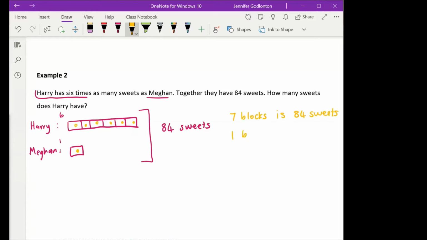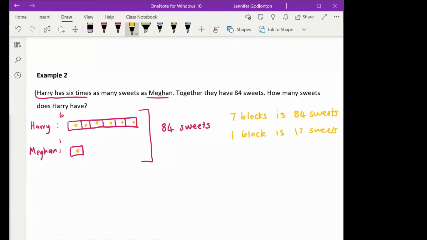So if I want to know what 1 block is, what would I do? Who thinks they can tell me what I would do? If 7 blocks is 84 sweets, then how many sweets would 1 block be? Yeah? Oh, Andes? Would it be 84 divided by 7, which is 12? Good. It would be exactly. It would be 84 divided by 7. Good. And as long as it's also got it in the chat over there, which means it would be 12